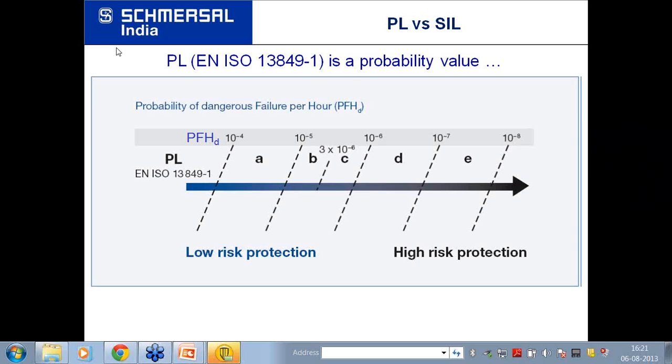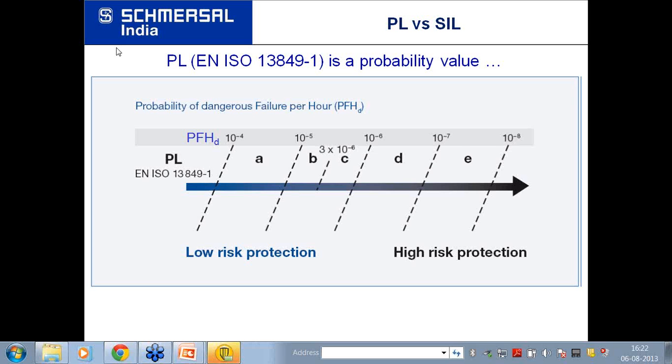Mr. Kamaljeet Singh Malhotra has asked where we can get the details for the specification and requirements of a safety PLC. A specification depends on your usage.